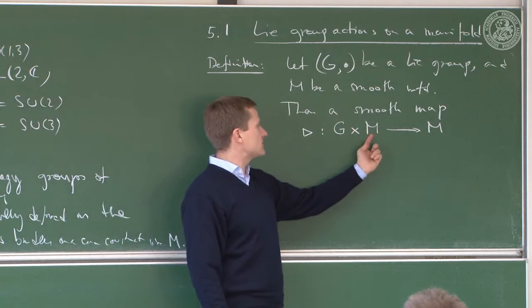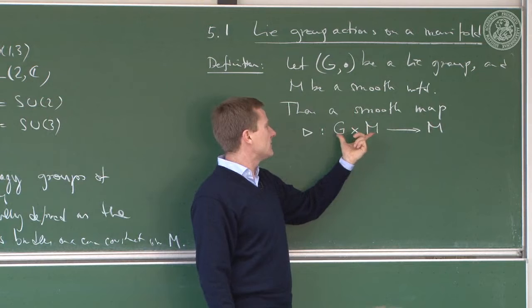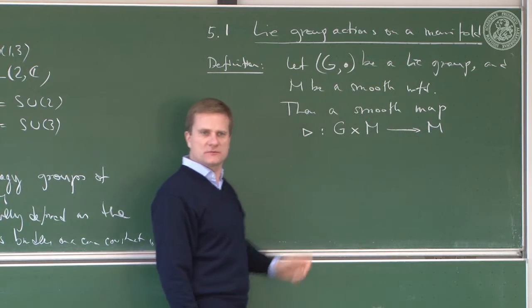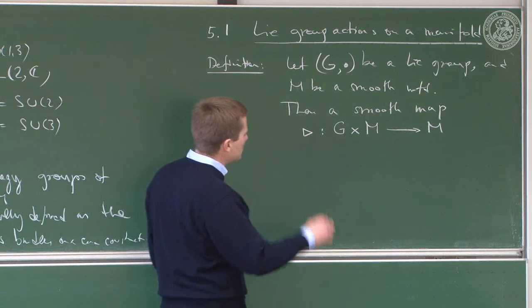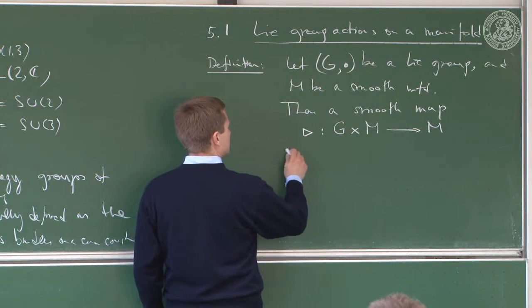This is smooth, that is smooth, so you can make the Cartesian product into a smooth manifold. Then you have a map from a smooth manifold to a smooth manifold. You know under what circumstances this map is smooth. Then a smooth map, G times M to M, satisfying